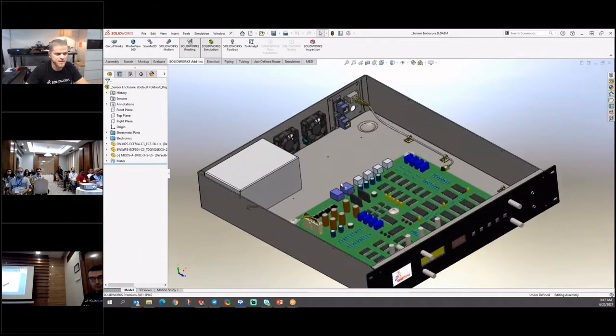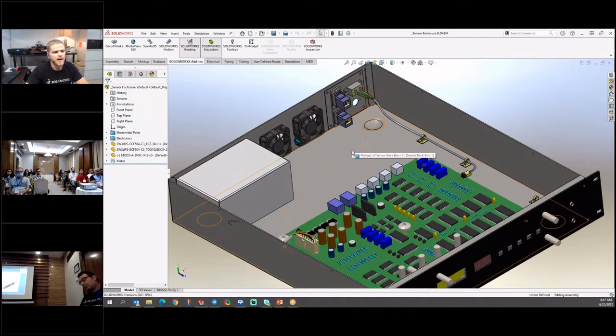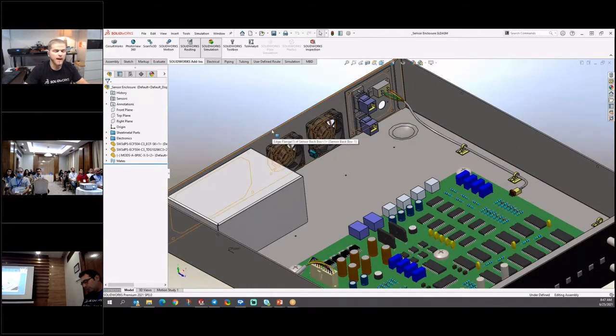And I have this electrical enclosure opened. This is a pretty simple electrical box, one board with a sheet metal box around it. And this question from a customer was, we create very similar routes over and over again. Maybe you're a company that manufactures these boards, and these boards stack on top of each other, one after another, and you have to make jumper cables that go from one board to the next one. And that cable is always the same. In fact, you have 100 of them on your shelf, right? It's always the same cable.